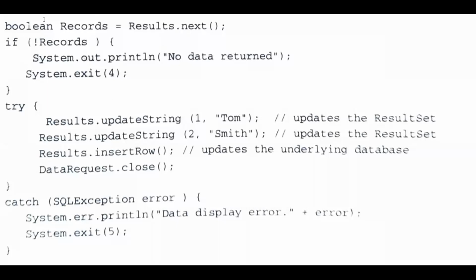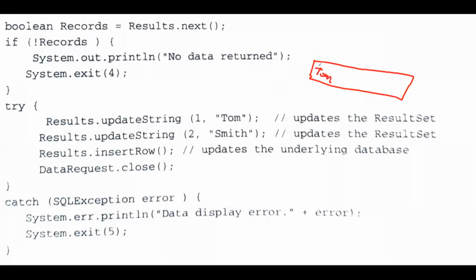So what happens here? Boolean record next, so we'll go to the first row. Here what we have to do is results dot update string 1 comma Tom. Wherever the cursor is pointing, the first column's value will be changed to Tom.